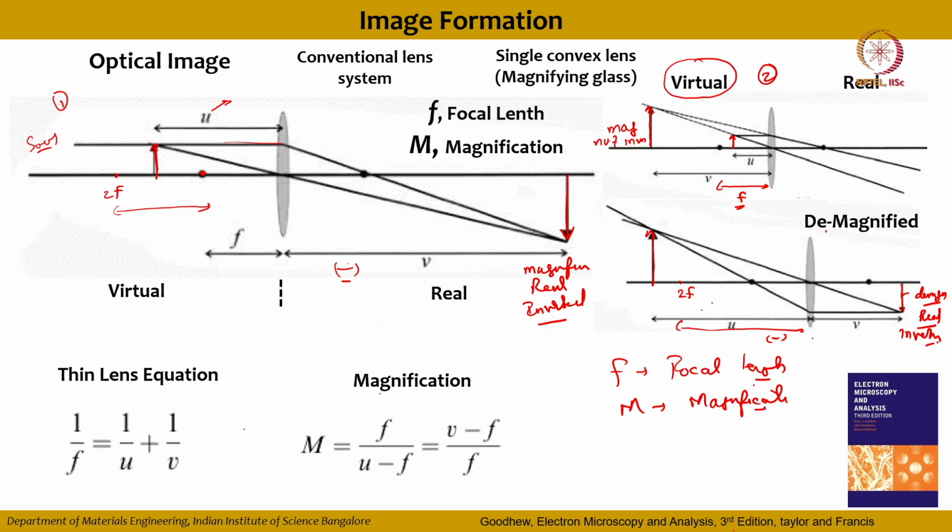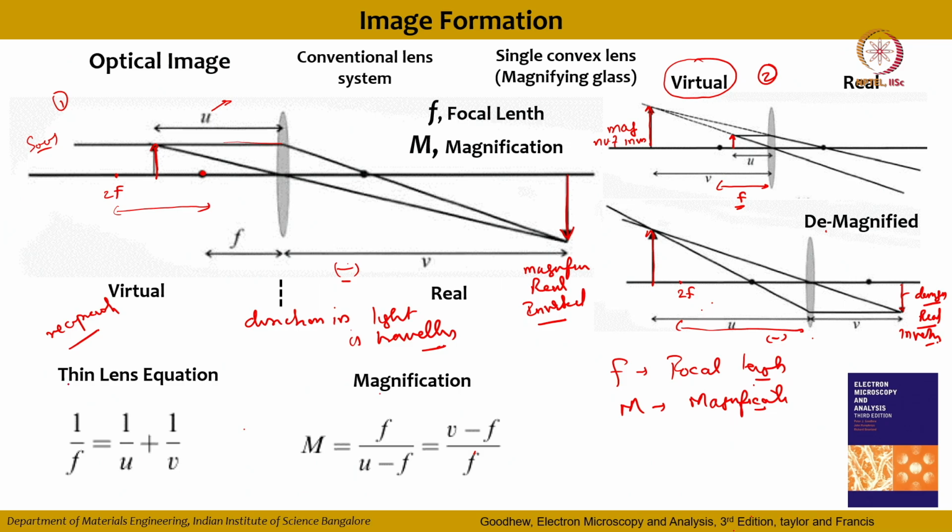Now, here one important principle we need to understand is the principle of reciprocity. Okay, and what is this principle? It shows that the effect on the light rays does not depend on the direction in which the light is traveling. Okay, so this is the principle which will be very important to understand this. So in conclusion,